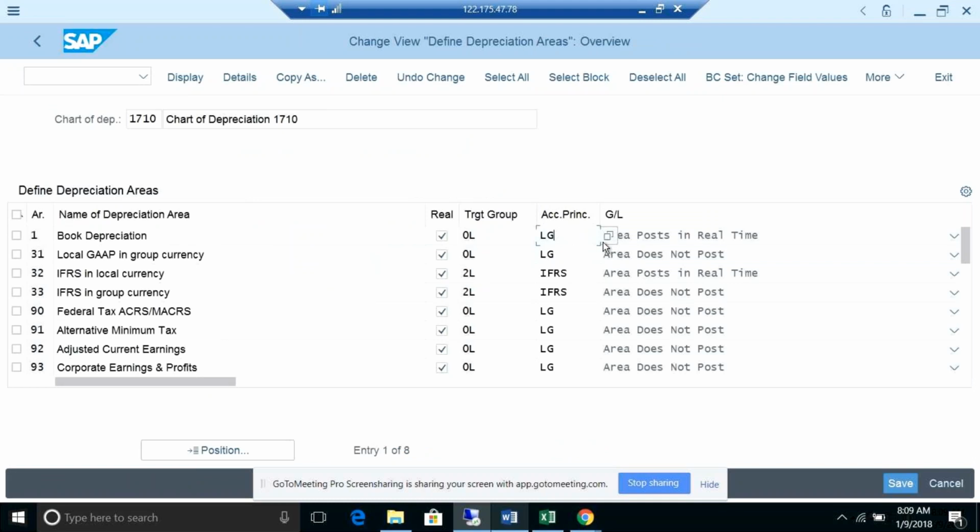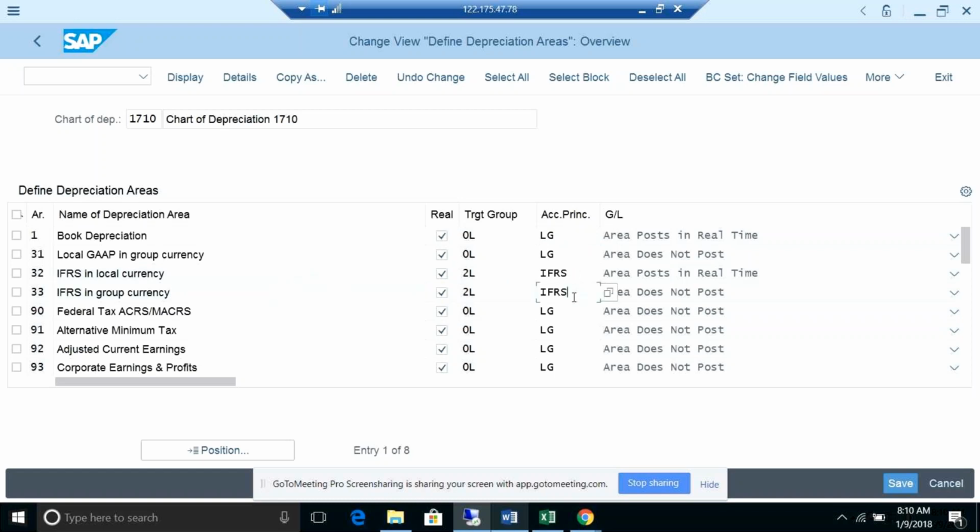Okay, let's not go for multiple things at a time, let's do one by one. First we will do this, and if you want to experiment, you can do experiments in all the ways. For my client, they wanted to see only the book depreciation area with accounting principle local GAAP, and only IFRS accounting principle with a combination of the ledger group for IFRS in local currency as well as in the group currency.